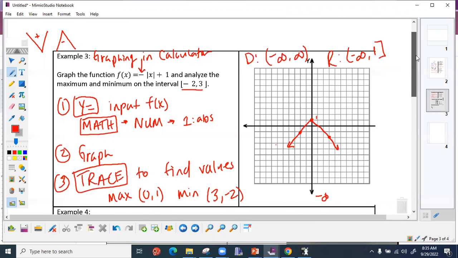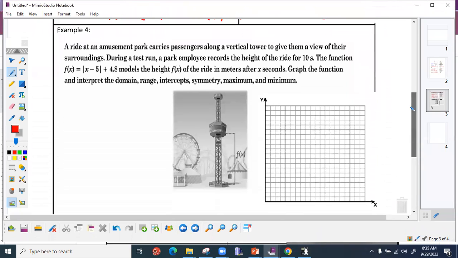Okay. All right, the last piece of your notes is a real world problem. So it says here, a ride at an amusement park carries passengers along a vertical tower to give them a view of their surroundings. During a test run, a park employee records the height of